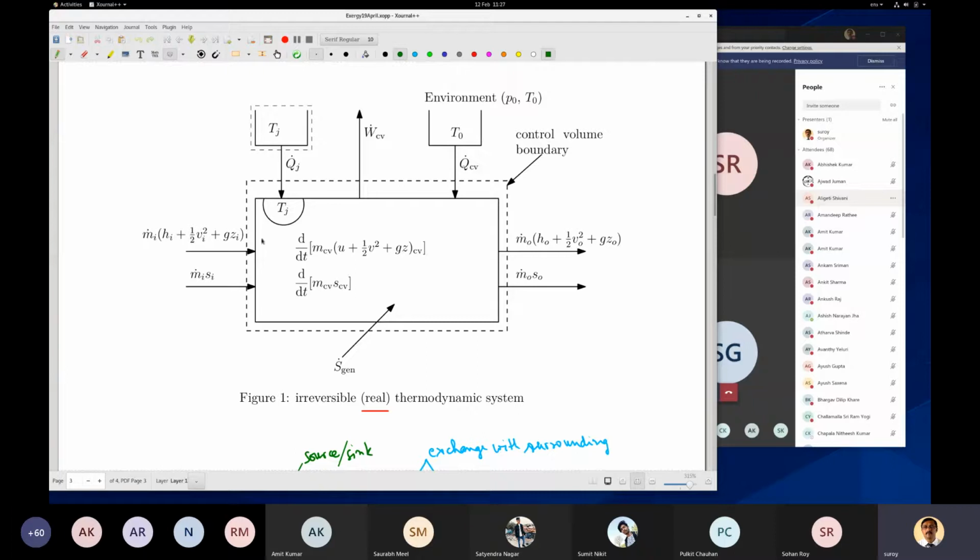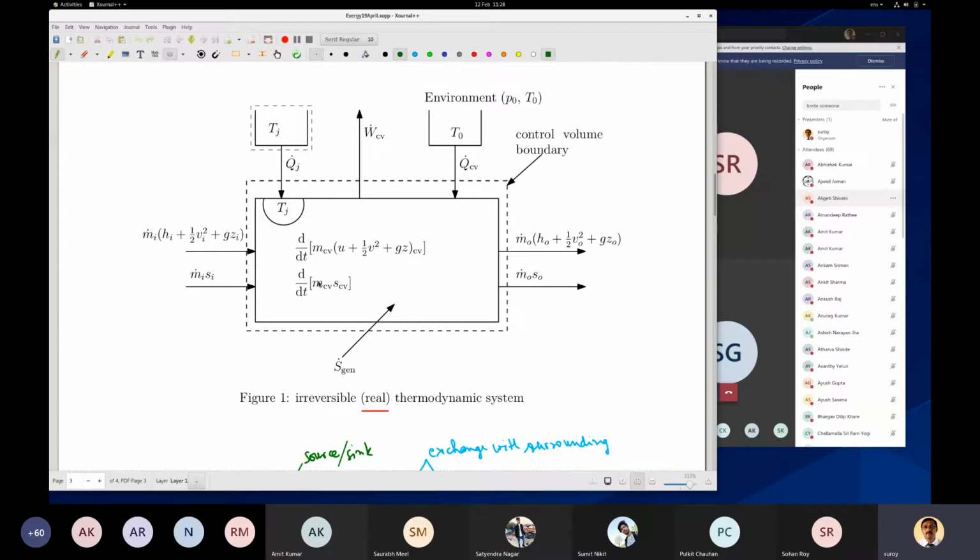So this tells us how much energy is coming in, how much is going out, right? Through mass flow. We are also finding how much heat is coming in, how much work transfer there is. And these Q's are heat transfer. So I can do a balance, right? The net energy coming in as heat has to be taken into account. The net work going out has to be taken into account. And the net flow of energy because of mass flow has to be taken into account. And then this will tell us the rise of energy inside the control volume.